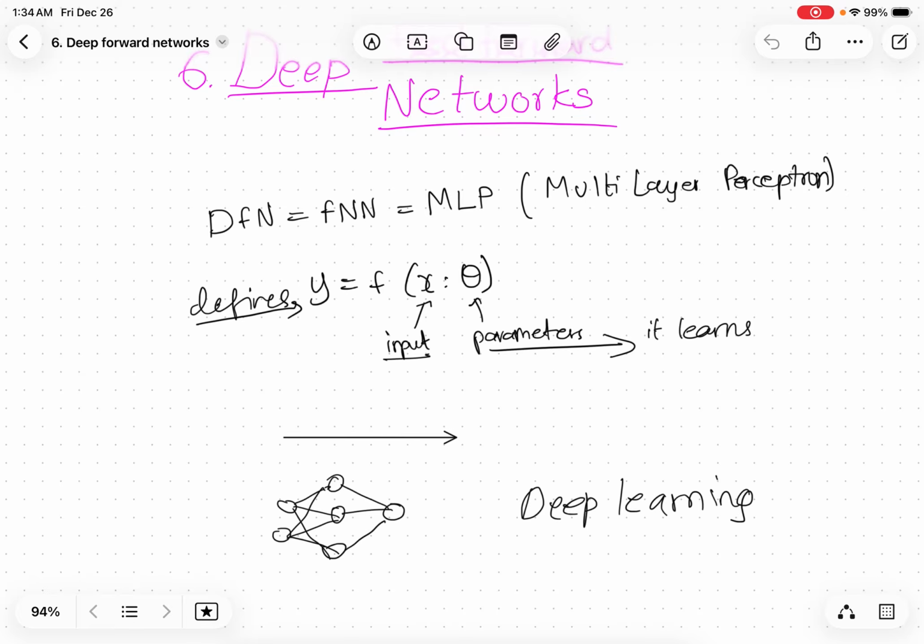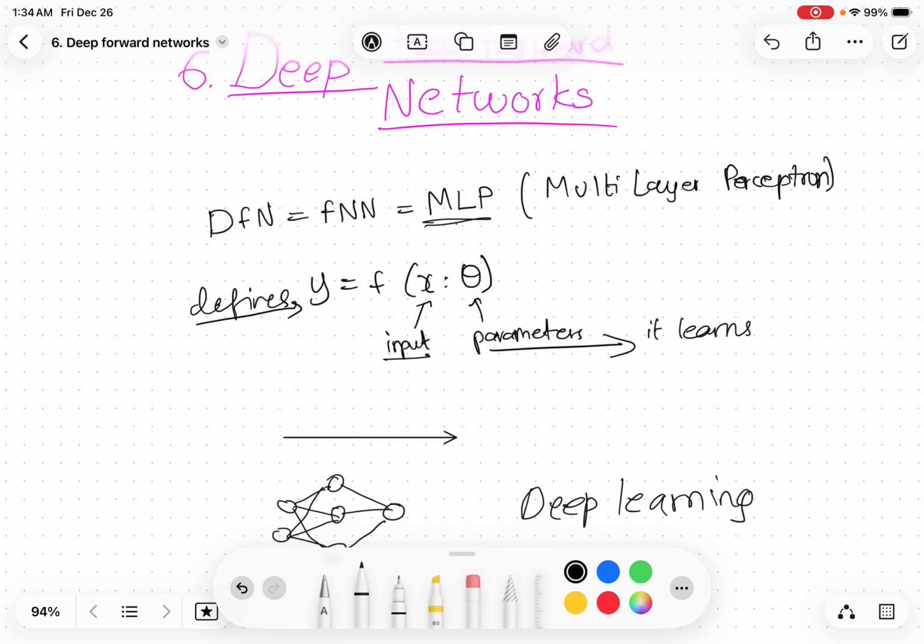So, what exactly is a deep feedforward network? The first time this idea was introduced, it was called basically a multi-layer perceptron. I might have introduced this in the previous videos. It was a pretty basic one, and it was actually introduced in the 1950s. So let's just define what a deep feed-forward network, or a feed-forward neural network, or just basically a deep network,